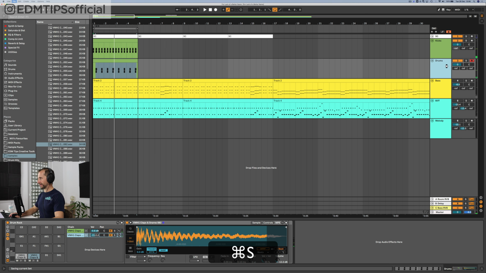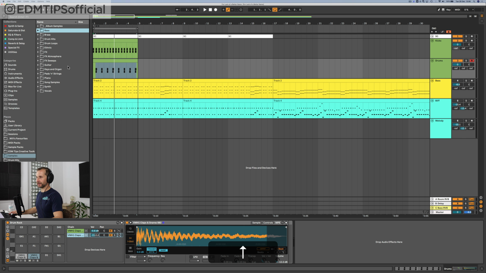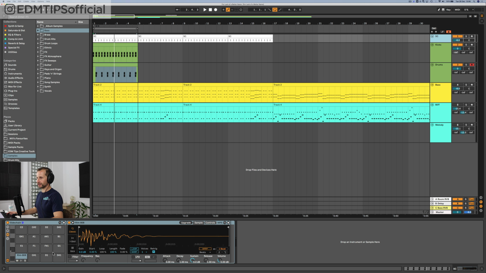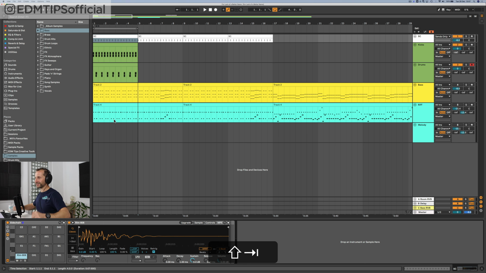But now what we want to do is create a little bit of that pumping effect that Deadmau5 uses. And the way I'm going to do this is I'm going to create a sidechain channel. I've already done it here. All it is, is a drum rack with a very short, sharp tick sample. So if I just change this from sends only to master, you can hear the sample I'm using. Just an 808 rim shot. But I'm selecting it to sends only, so you never actually hear this. You only use it for the sidechain duck. So you can see here, sidechain duck, whack, whack.